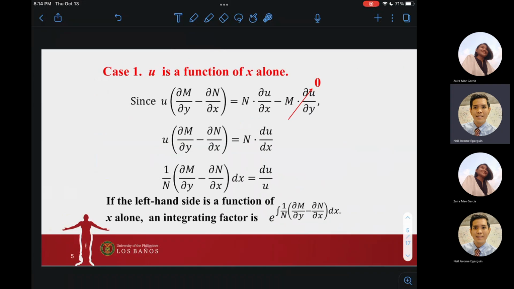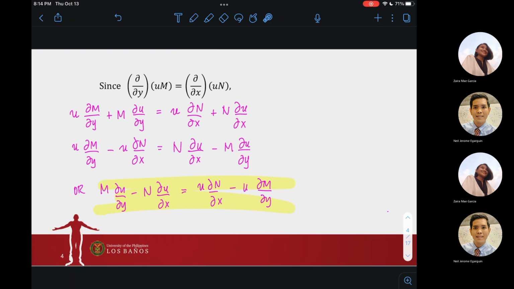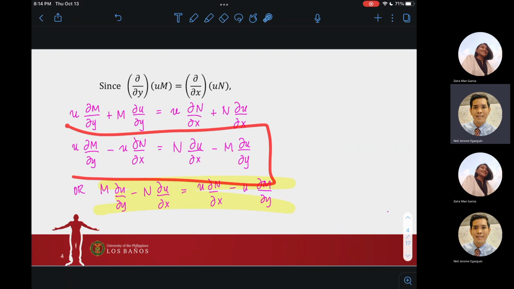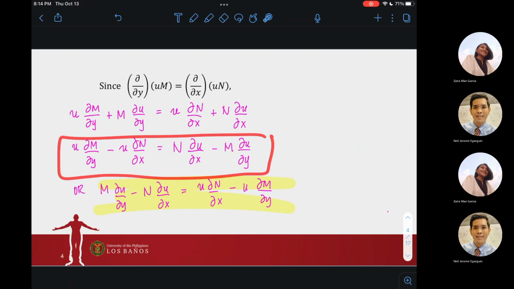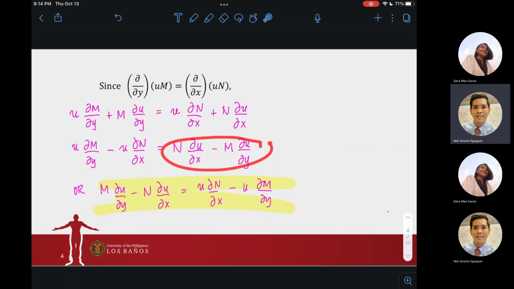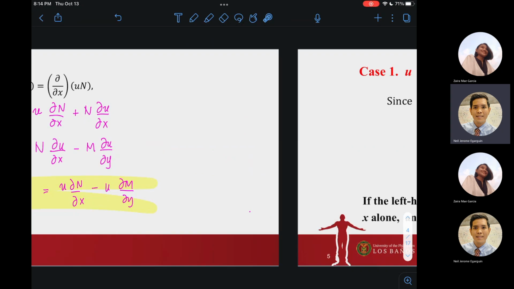Okay, let's see. UDM. Tama pala. Ito na yung ginamit ko. Tapos finactor out ko si U. So I use this second equation as this second equation here, and then I factored out U. Tapos kinopya ko lang to dun sa right-hand side. So let me go back here. So that's what we got